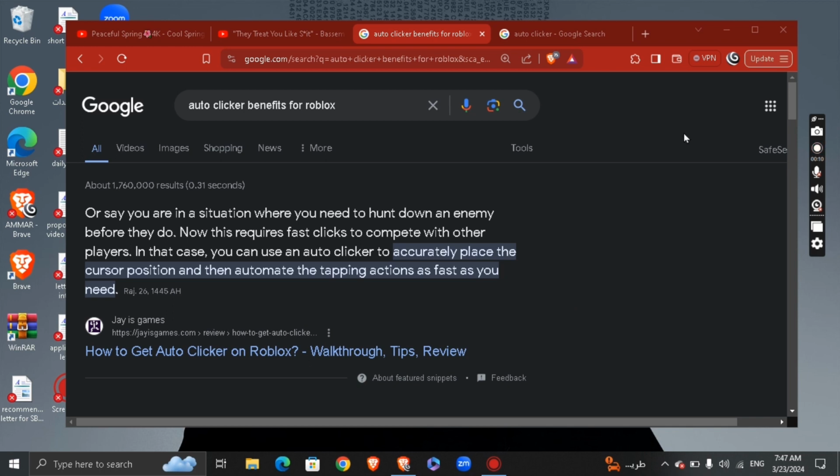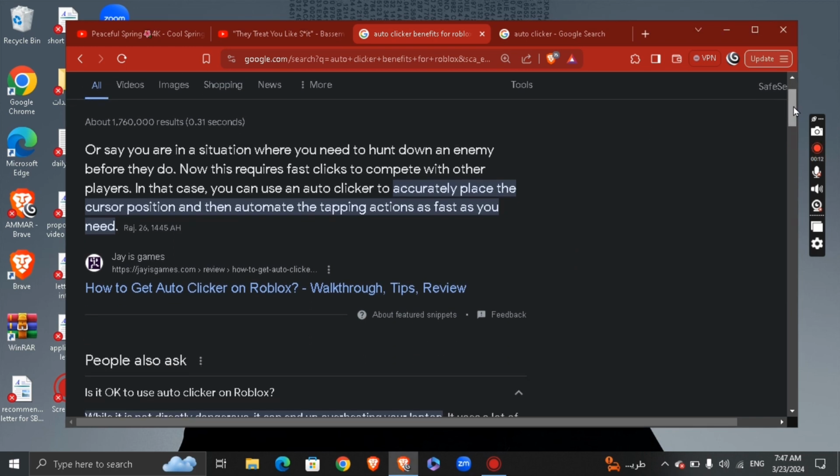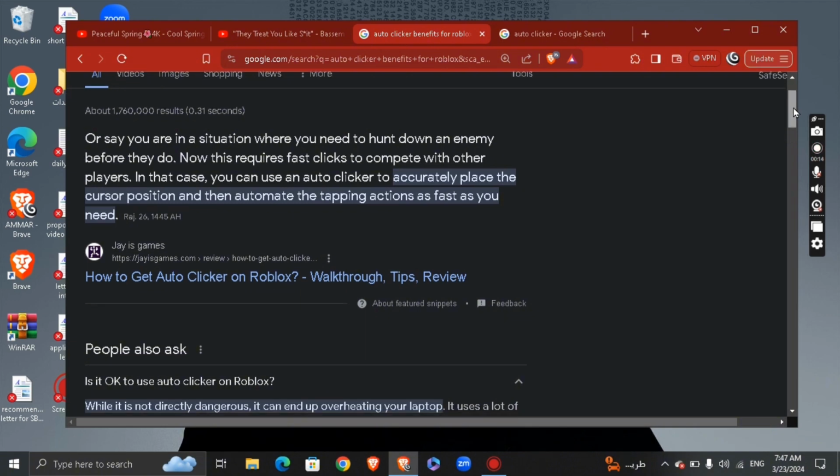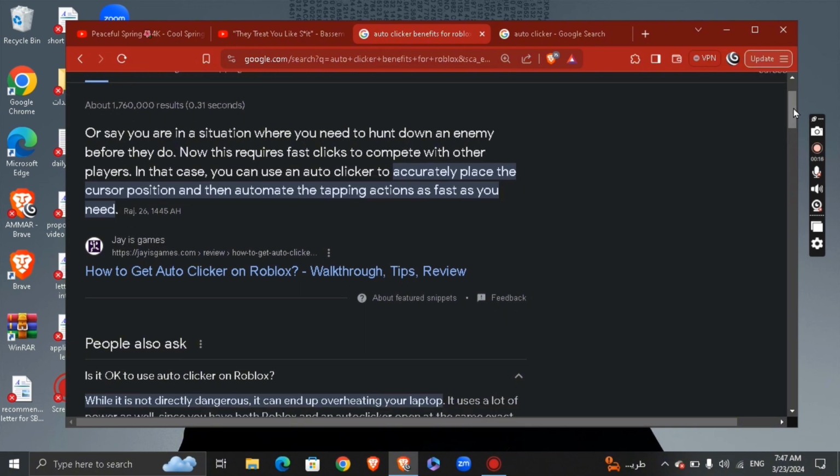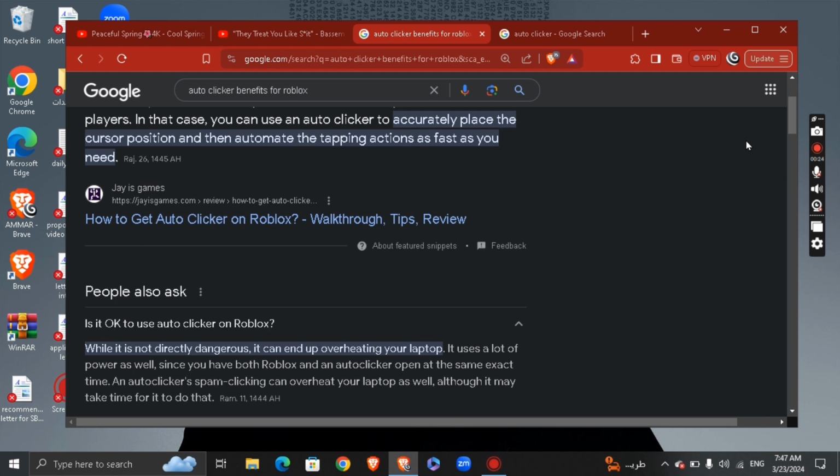And here it says, in a situation when you need to hunt down an enemy before they do, this requires fast clicks to compete with other players. In that case, you can use an auto clicker to accurately place the cursor position and then automate the tapping actions as fast as you need. So basically you're gonna be able to set an order to fast click or automatically click on something inside the